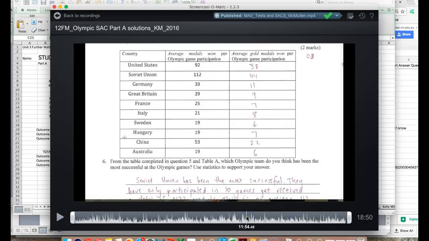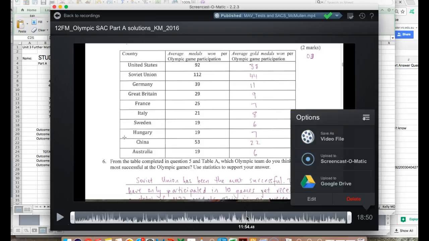So the students got back their unmarked SAC. Then they had to watch these videos, make the corrections, and show us that they had made these corrections. So it was quick for us because we were easily able to put the marks into Excel, but they were getting, I think, more valuable feedback by watching the video and then making the corrections themselves,